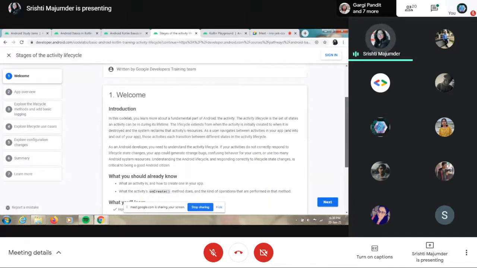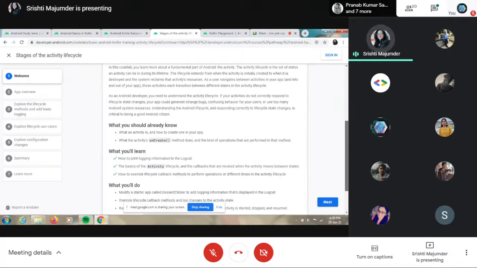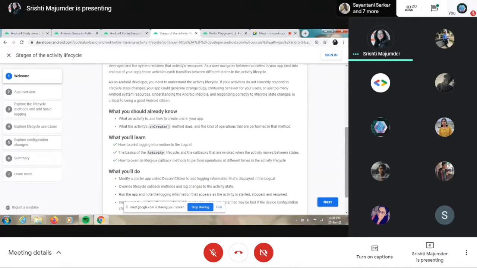In this part, as I mentioned earlier, you may be confused about what exactly an activity is. So you will learn what an activity is and what an activity life cycle is. You will also learn that to initialize an activity there are several methods, but the one particular method you will learn is the onCreate method.